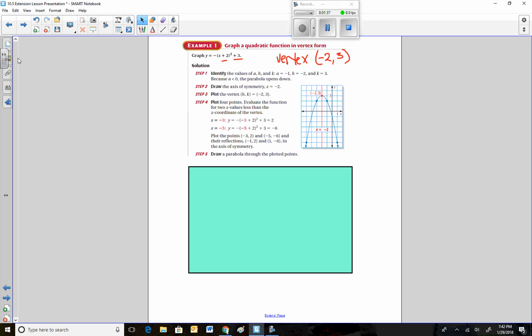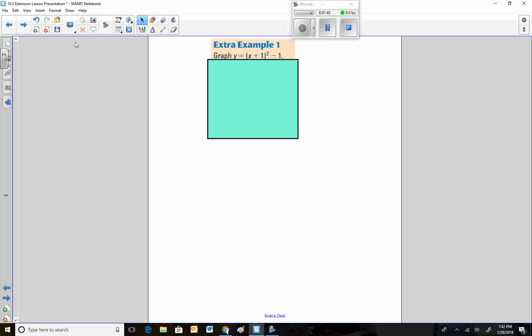All right, let's take a look at another question. This is in vertex form, so it makes it so easy to get your vertex. The numbers are right here and here, and remember it's always opposite of this one. So if it says +1, my vertex, I'm so sorry, this is not working so well. My vertex is going to be at -1 right here, and this is my y value, -1. And then it's a +1, so this will open up,